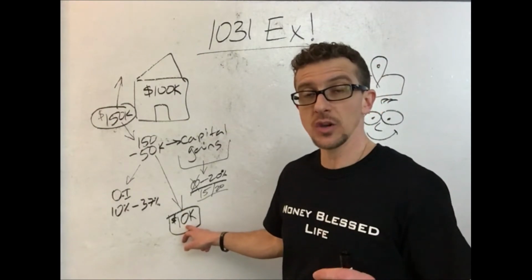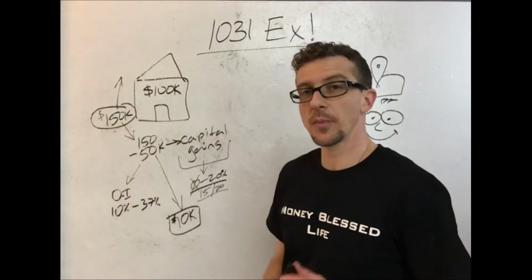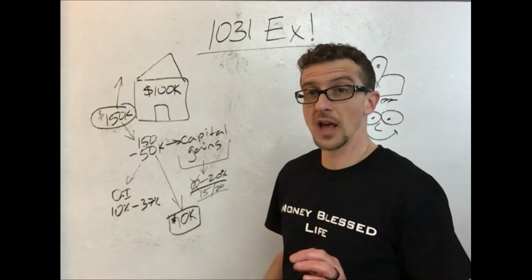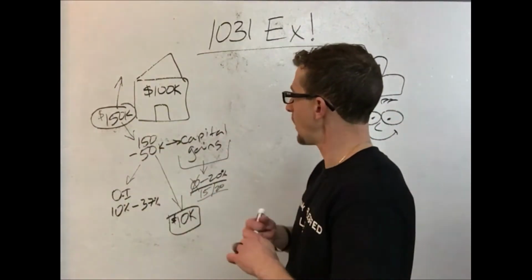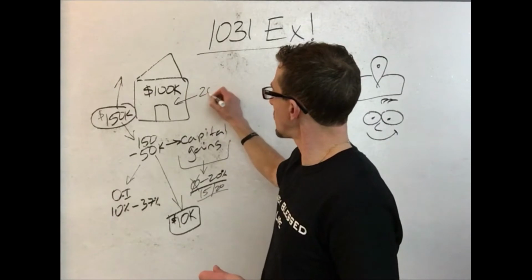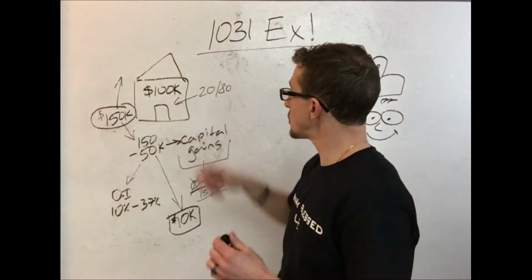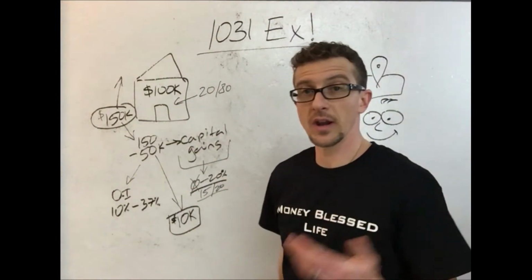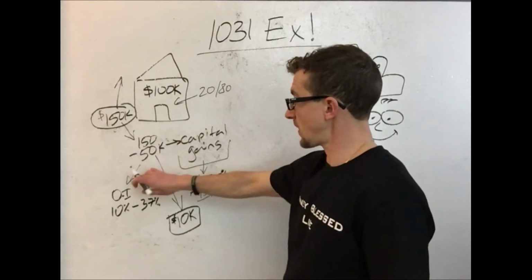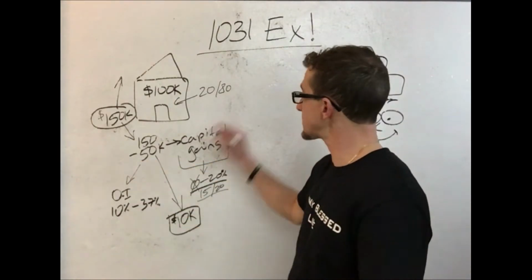And while you might not think that that's a big deal, I'm going to show you how this $10,000 is actually valued to you and I at $50,000. So when you're thinking it's not a big deal to pay taxes, I want you to think that it's not just $10,000, it's $50,000. But how is that possible? Now, let's say that I'm going to purchase this home at what is known as 20/80, meaning 20% down, 80% financed, right? So 20% of $100,000 is $20,000, yes? Right? So if I was to take $140,000, right? So say that I took this money and I sell the property, I pay my $10,000 in taxes. Now I only have